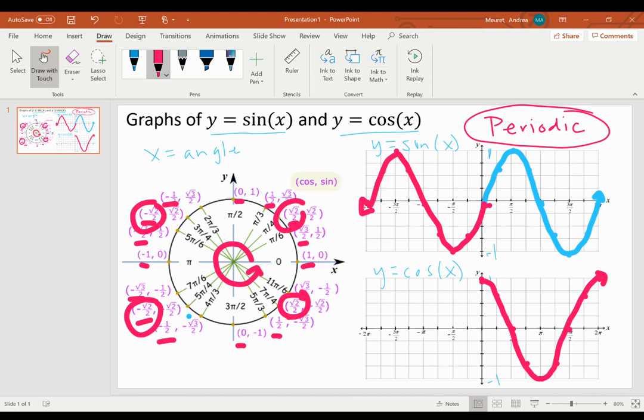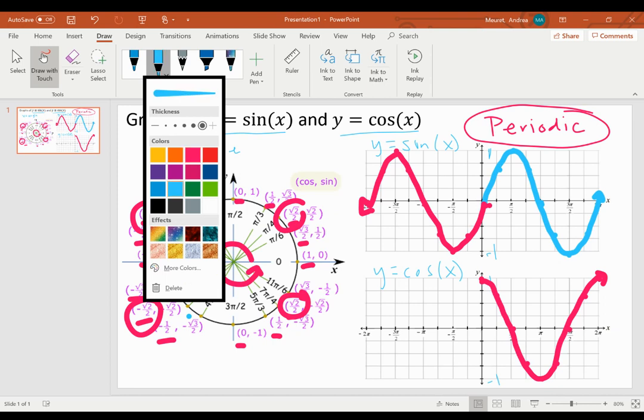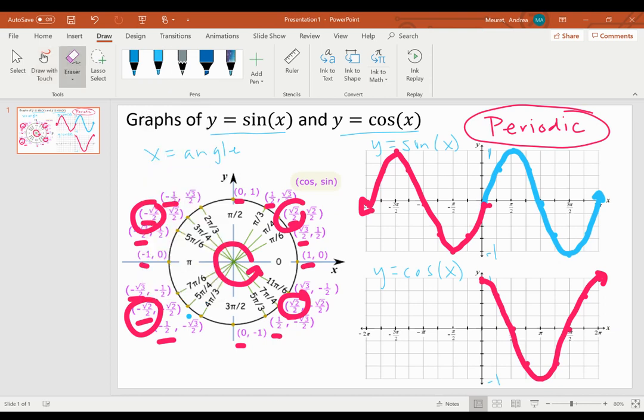So they look very similar, only if you look at when x is 0, they start in different places. So then looking at the negative side of this, if we go back to starting at 0 and going in the negative direction like that,